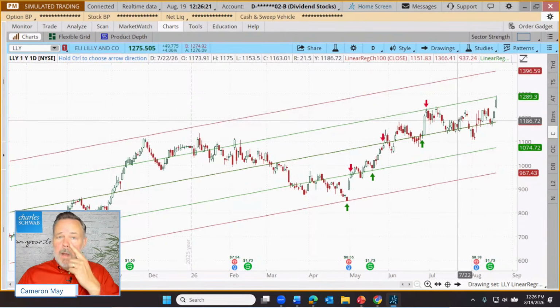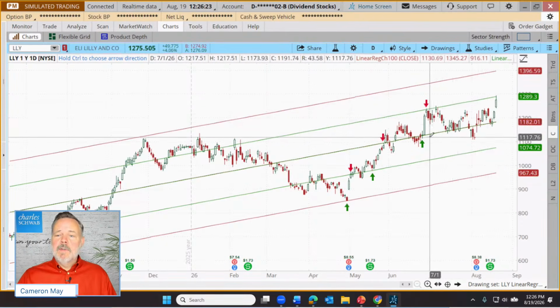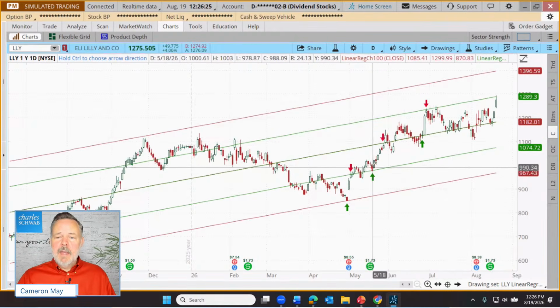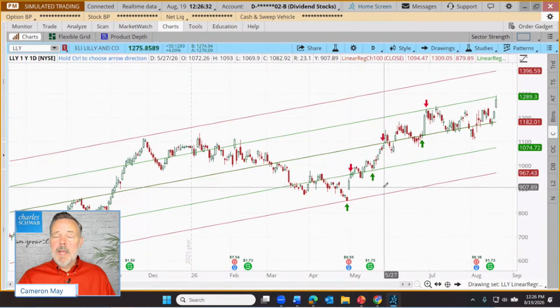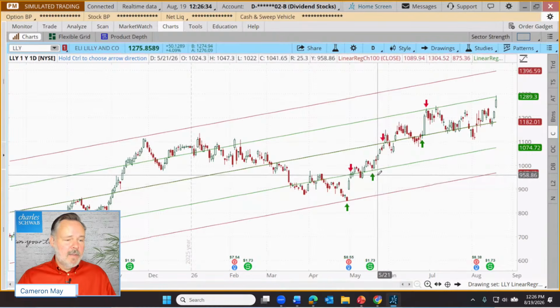Now, obviously, it doesn't always work. So the trader might want to have a plan that if we enter, let's say we got in on this green candle, and instead we came back down below the green, started headed toward that lower red, maybe we exit there. So this is the linear regression channel tool.